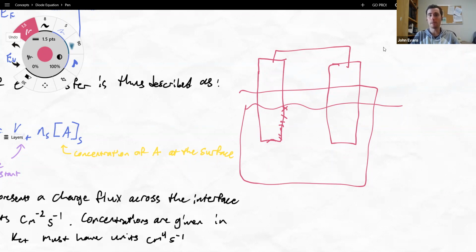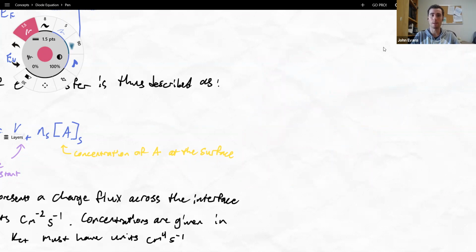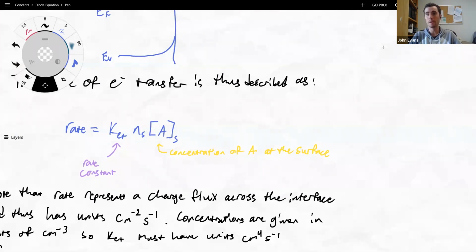So that's why we are being more specific here and saying that it's the surface concentration of our acceptors. But we are going to assume that our system is either well stirred or otherwise well homogenized, such that the concentration of A at the surface is typically going to be the same as the concentration of A in the bulk. But this is going to be a slightly more generalizable expression by saying it's the concentration of A at